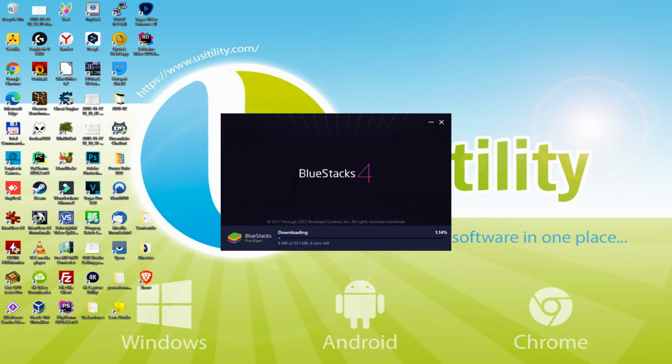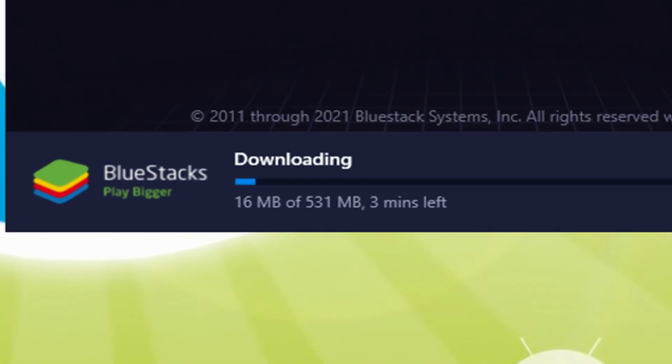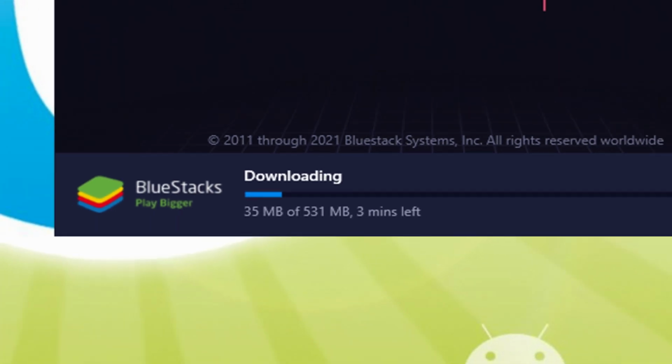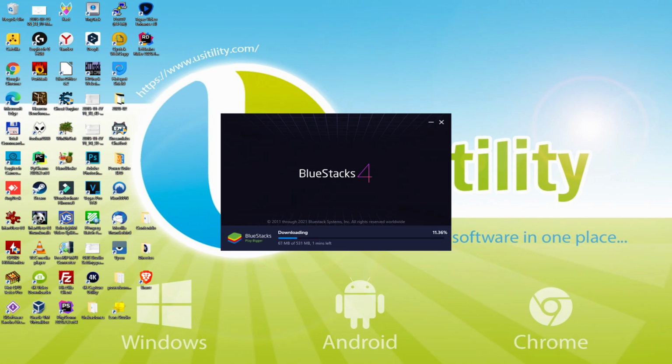Voila! The installation starts and it is going to move forward in the download of those megabytes represented on the computer screen. Depending on the time you download it, it may be more or less MB. The download rate can be faster or slower, subject to your internet and the efficiency of the emulator web servers. At the moment they're progressing very fast. The download has been completed, and now it continues with the setup procedure. The setup will take a little more or less time based on the power of your machine. The more efficient it is, the shorter the installation time, and vice versa. If we include the download and software setup phase, it can take a very long time, so be patient.